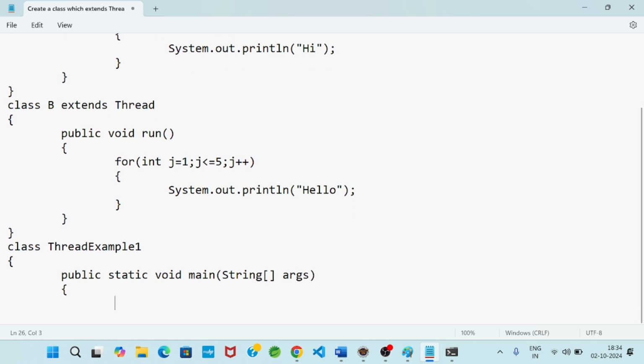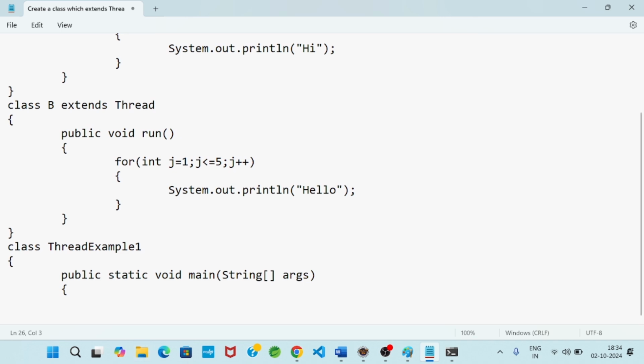Now this line is the object declaration line. We have two child classes or subclasses, A class and B class. In this context, the A class is our thread and the B class is our thread.